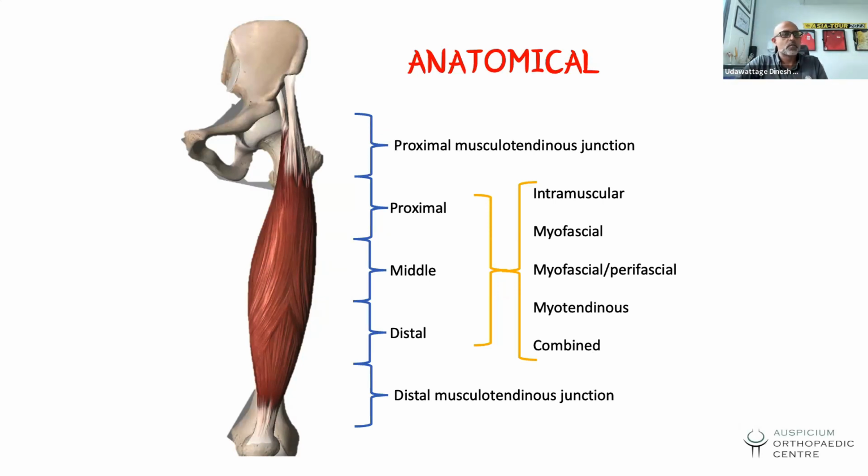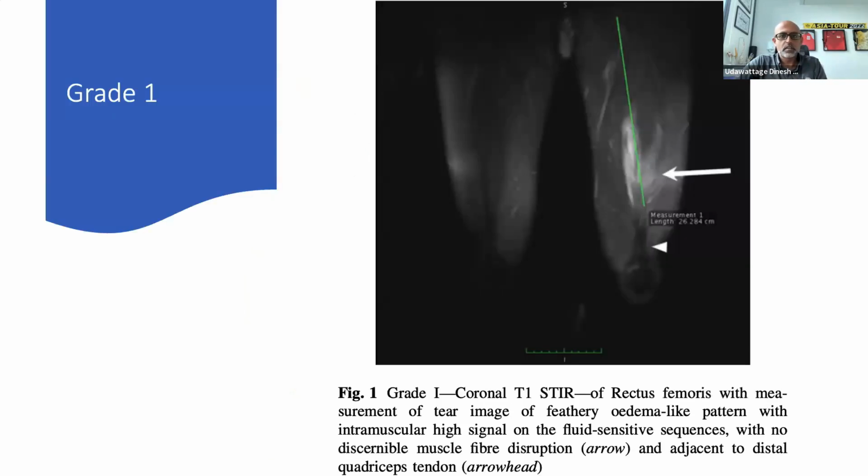One of the limitations that they talk about in their own paper is that although they have delved really down into the nitty-gritty in terms of the anatomical location of the tear and the size of it and so on, what does it mean in terms of practical terms and clinical relevance? They do have some examples of their